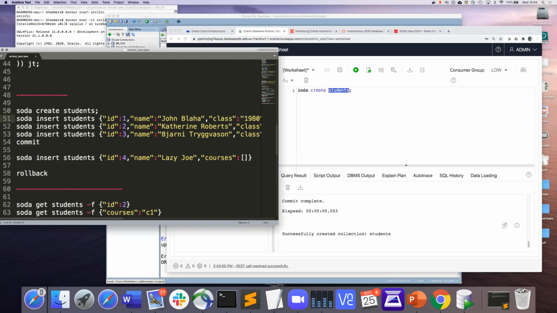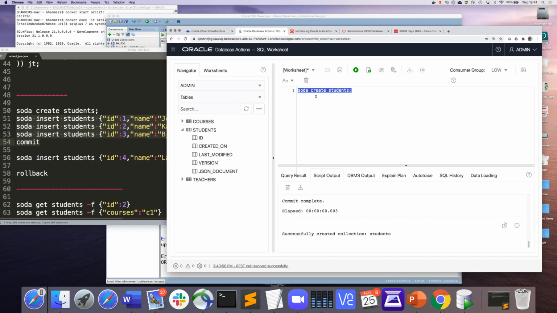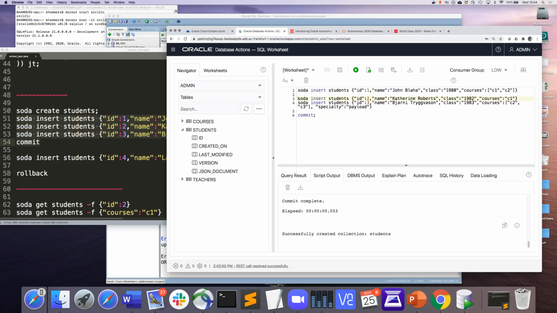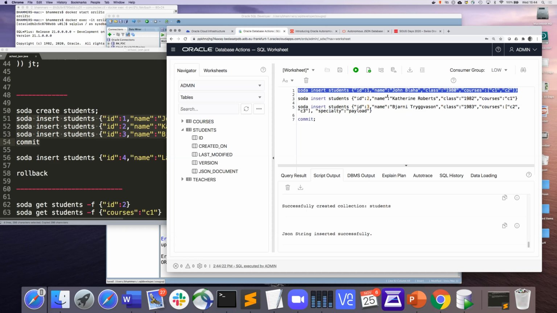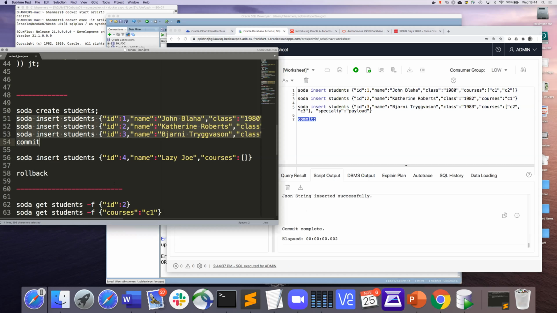So let's run some insert statements here. So this is now the simple API where I don't have to write any SQL. Instead, I use these SODA commands. So SODA insert is one. And this is just in SQLcl here. And normally you would do this directly from your programming language. So there are equivalent calls from Java or Node.js or Python, REST, where you can do these simple operations.